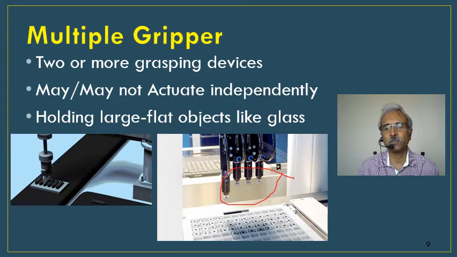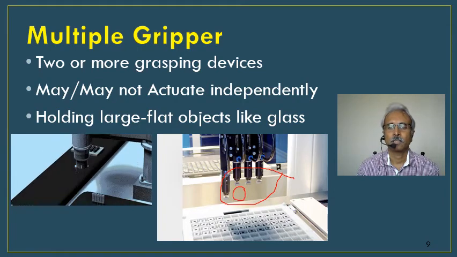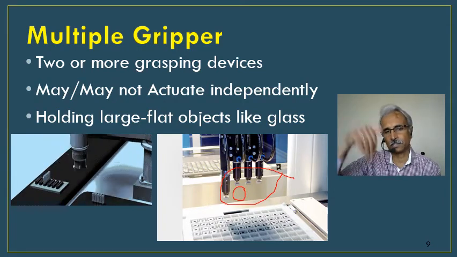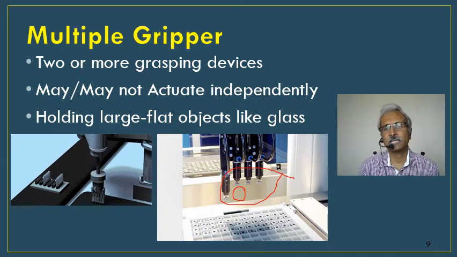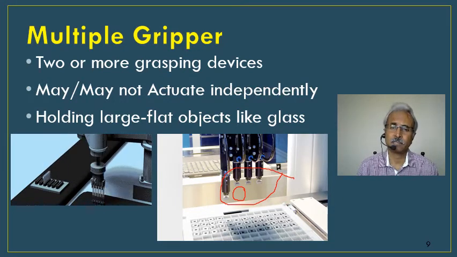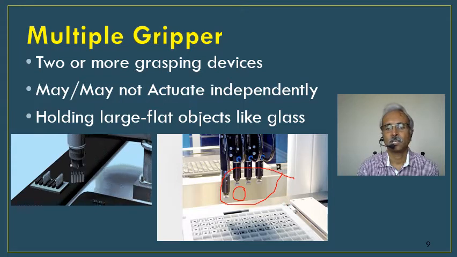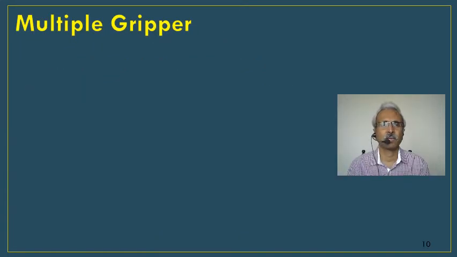Probably this view gives you, this is a little longer, means it's in a stretched position. So this is what I said, there are multiple grippers. They may act independently or simultaneously. So here I will play a small video wherein you can see a robotic gripper which has actually 3 gripping devices.